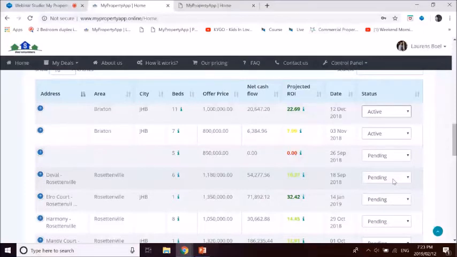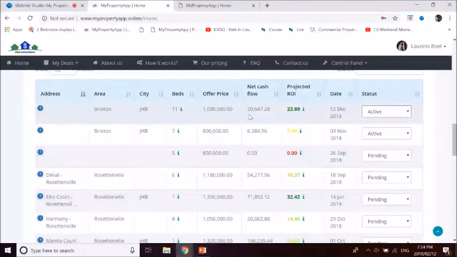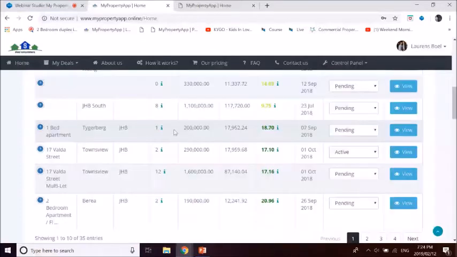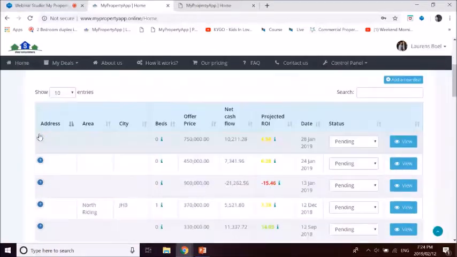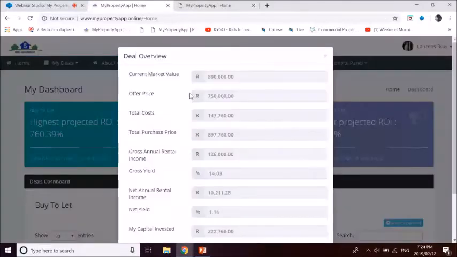The current market value. Now, what we're asking for is what is the asking price on the property? What has the estate agent said is the asking price? So potentially the owner wants, let's call it R1 million for this deal. Offer price. Now, as professional investors, we make our money when we buy, so we never get what they want. So here you can estimate an offer price. Let's call it 700,000. I'm going to quickly pause there because I've got a question.